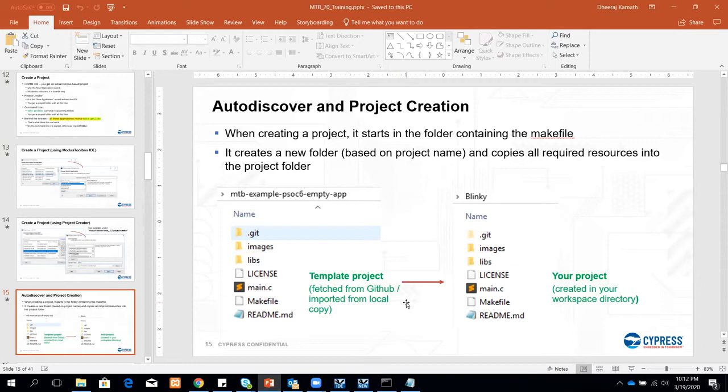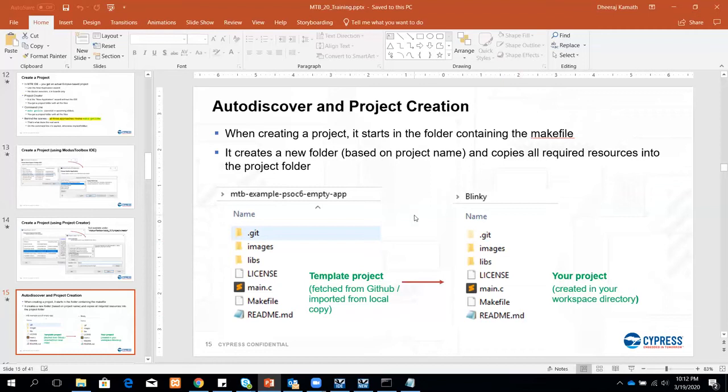Another way is through the project creator or from the Modus Toolbox IDE itself. When you create your new project, all of these files get fetched from GitHub automatically, and all these files are available in your workspace directory, right?